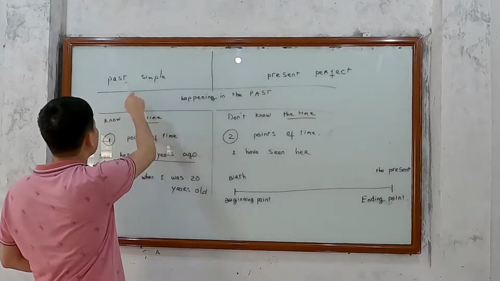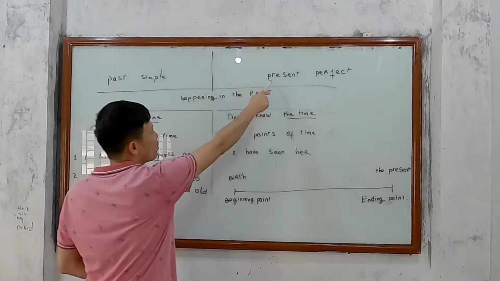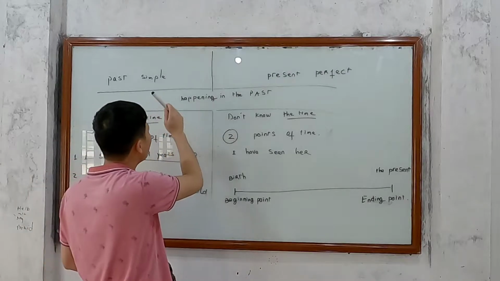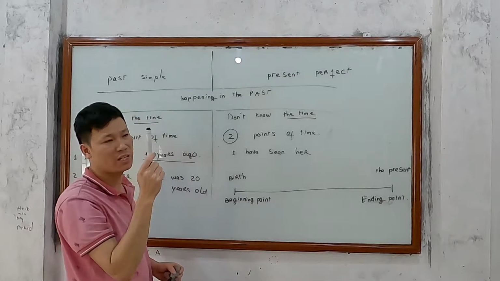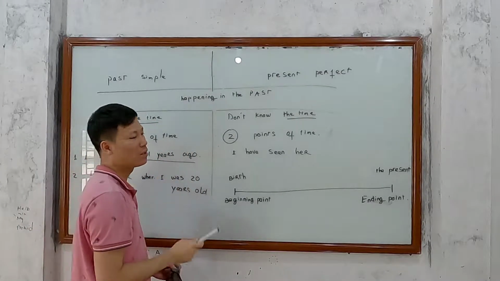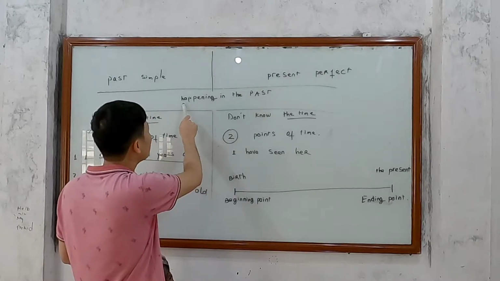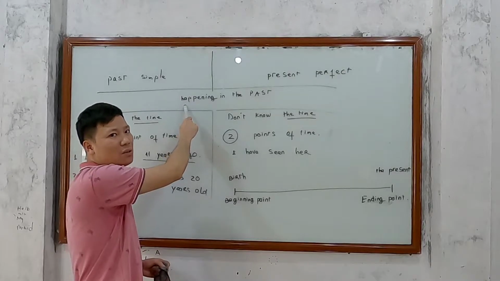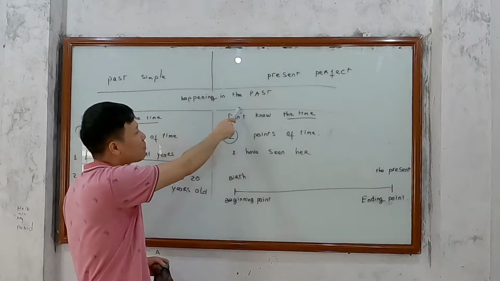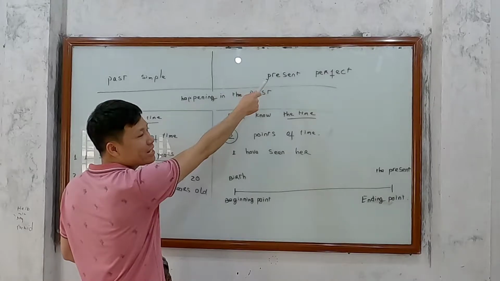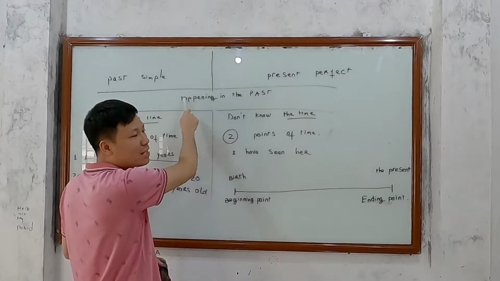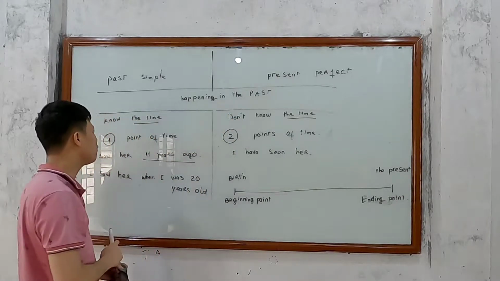The past simple and the present perfect have some similarities, and the most important thing you must remember is that they describe an action, an event which happened in the past. The similarity: the action, the event happened in the past. And the difference,